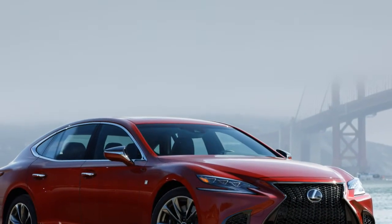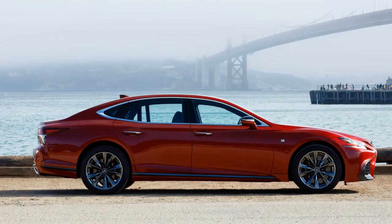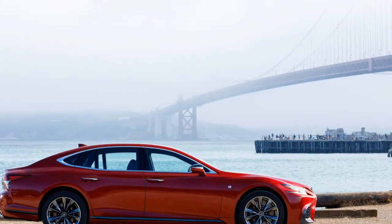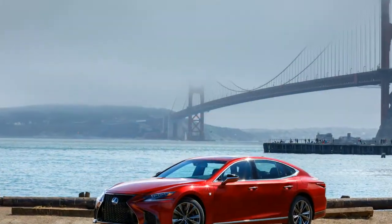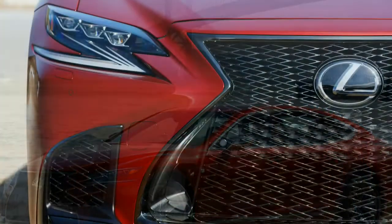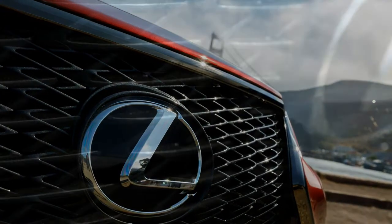First impressions of the V6 are those of an easygoing companion that over-delivers on thrust. Lexus claims a 0 to 60 mph time of only 4.6 seconds for the rear-drive LS 500, and that's in a dreadnought that weighs nearly 5,000 pounds. We think Lexus's claim is too quick, considering 4.6 seconds is all we could get out of the more powerful and lighter LC 500. The EPA has yet to sign off on fuel economy ratings, but we surmise that Lexus's estimates of 19 miles per gallon in the city and 29 miles per gallon highway for the rear-drive LS 500